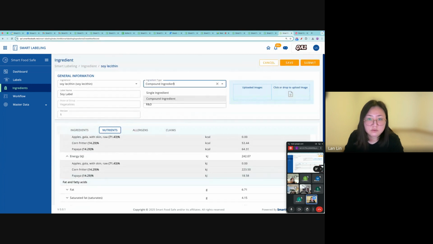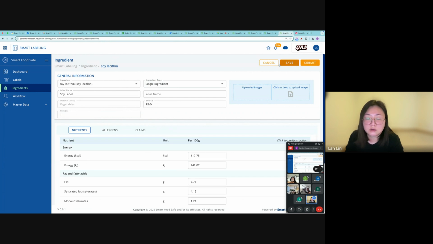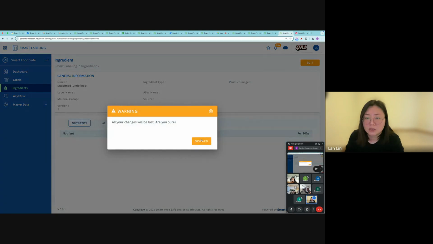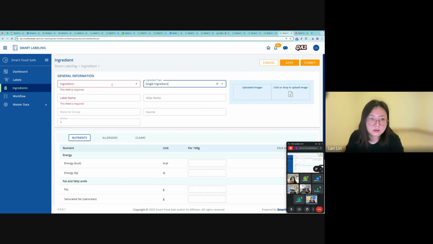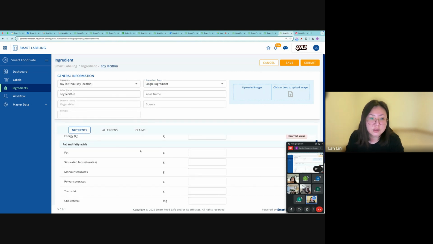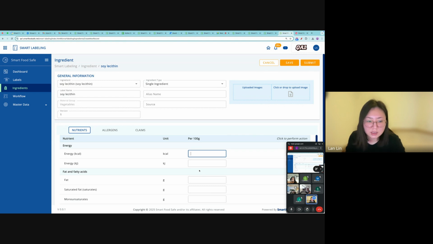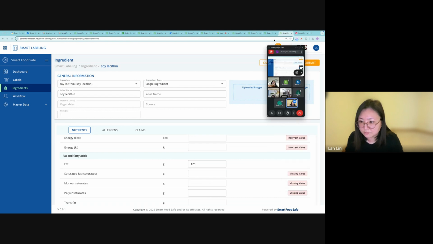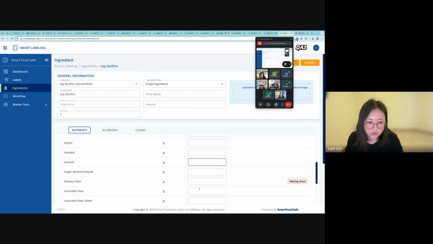All right. If you're creating a single ingredient, then instead of the recipe builder, you will have this nutrient listed directly where you can enter your preferred value for energy and fat, protein. And I think it's also going to suggest, yes. All right, it's here. When you enter the carbohydrate and protein and